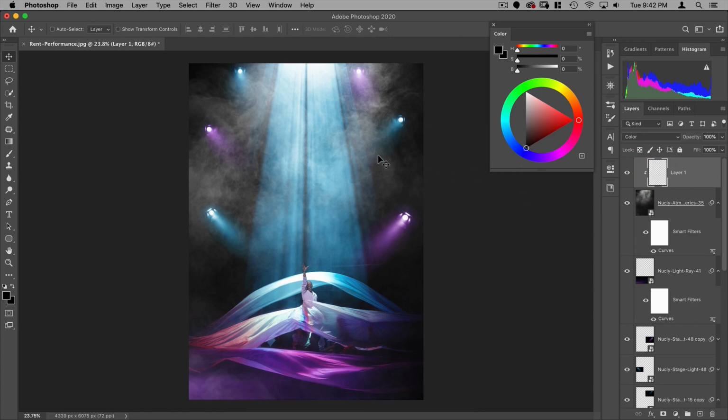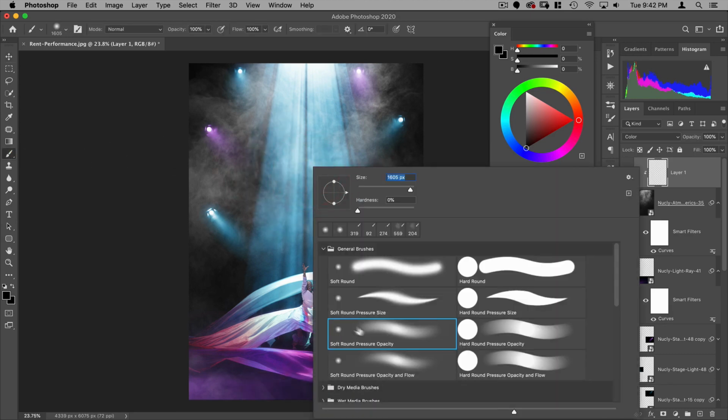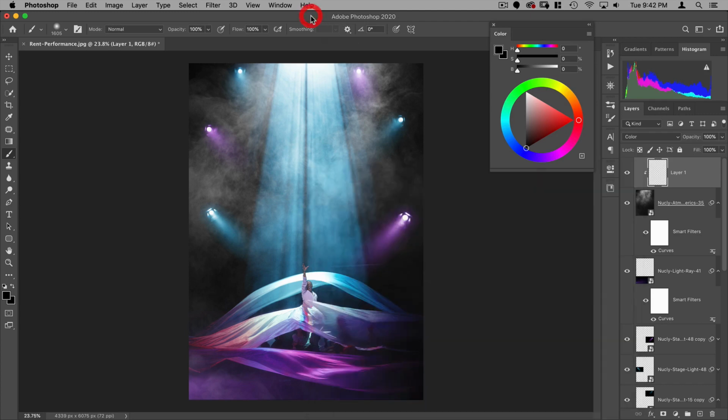All right, so let's go to our brush. I want to make sure I have a nice big soft round brush selected, and the first color I want is this strong magenta purpley color, and then I'm going to switch these up. X switches your foreground and your background color, and I'm going to select my blue color. So I have both colors here right about there. Good.